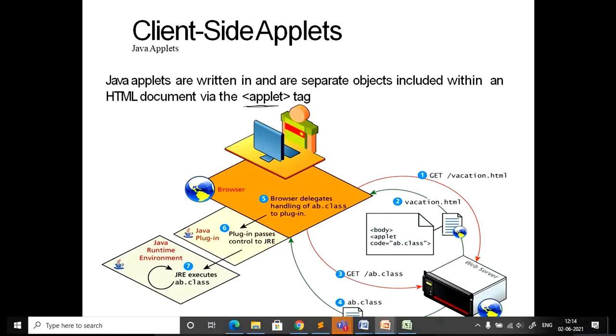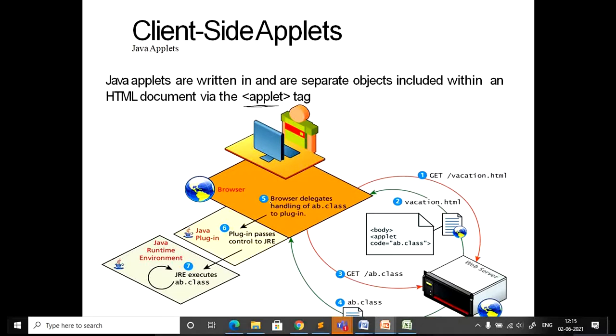When you want to run the applet, this is the normal process: the client requests and the server responds. Whatever class is to be executed is sent back, and once it is executed, the result is sent to the client. In the client machine, in the browser, it runs these applets.